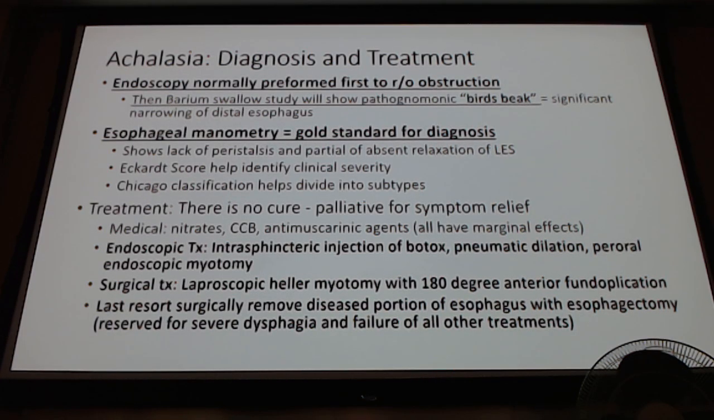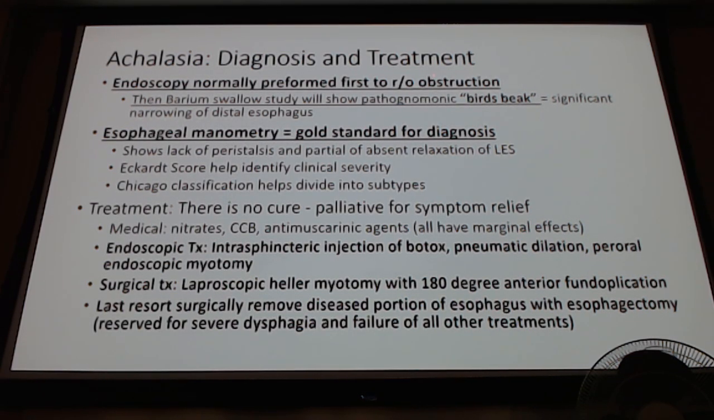So diagnosis. What do we got to do first? Endoscopy is normally performed first to rule out obstruction. So this is different from Zenker's. With Zenker's, you can actually eat, you can get things down, but you're regurgitating food. Versus with achalasia, you have an obstruction. There's nothing getting past, meaning they can't eat, they can barely swallow, so they're having a lot of pain with eating. So we do that